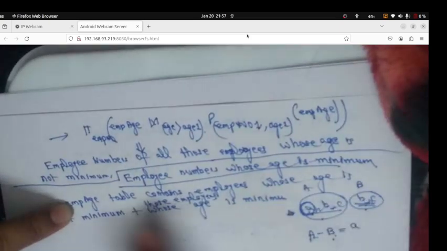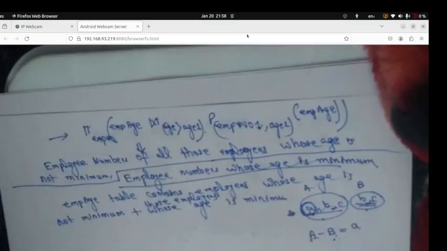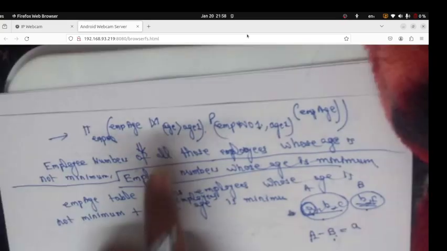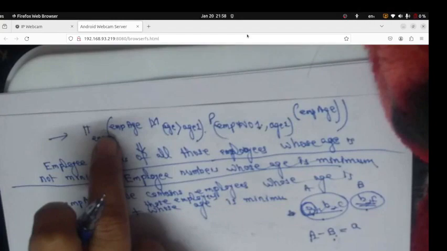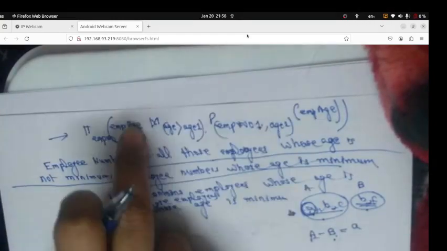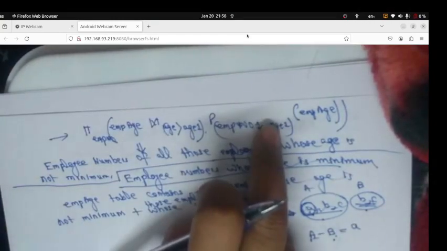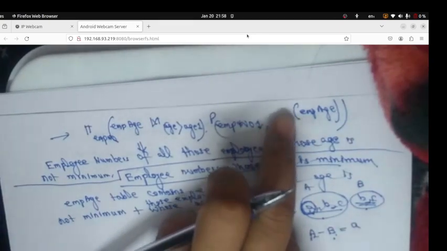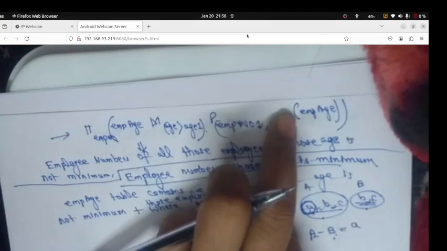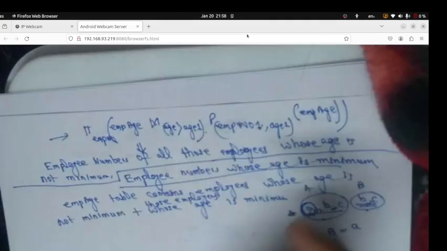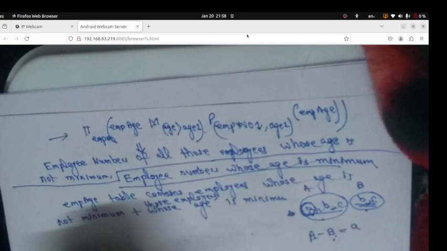So it is like that: the employee age table contains a set of those employee numbers whose age is minimum plus whose age is not minimum. So from there, if we do the minus of the set which is found from this expression, that is, whose age is not minimum, then obviously if we do the set difference operator, we will get the employee numbers of those employees whose age is the minimum. That means the employee age table,